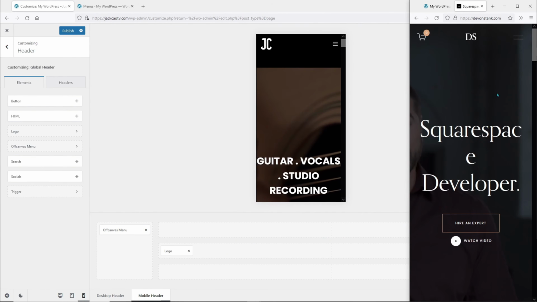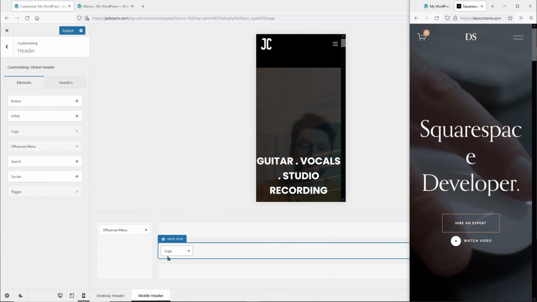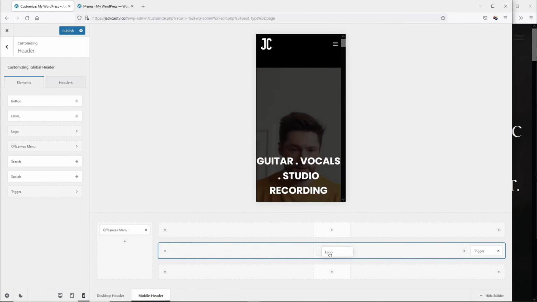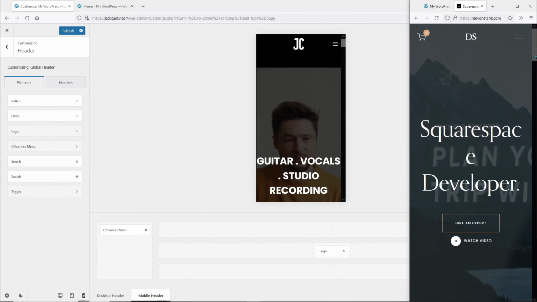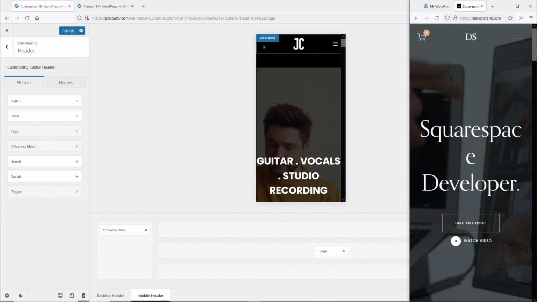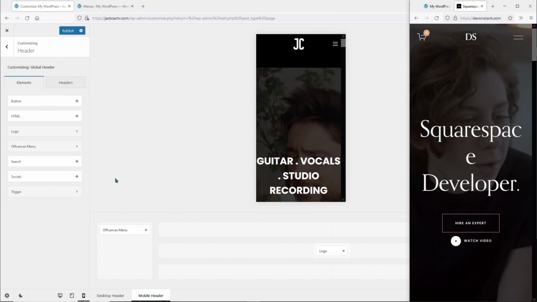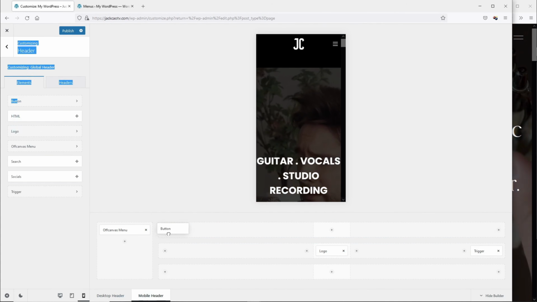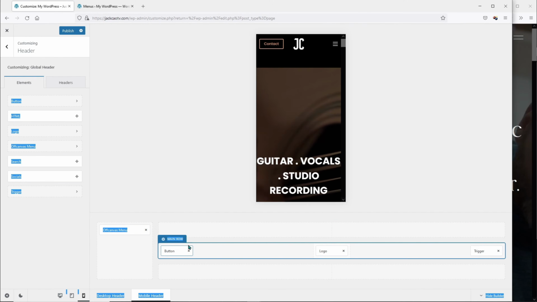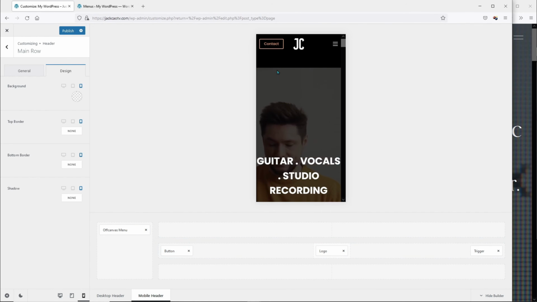Let's see our reference site. The logo is in the middle. So let's shift this logo to the middle. And we have this here. Maybe we want to add a button over here. So let's drag a button down to this. Cool, this is done. Now the next thing is we need to bring this video up because I believe the